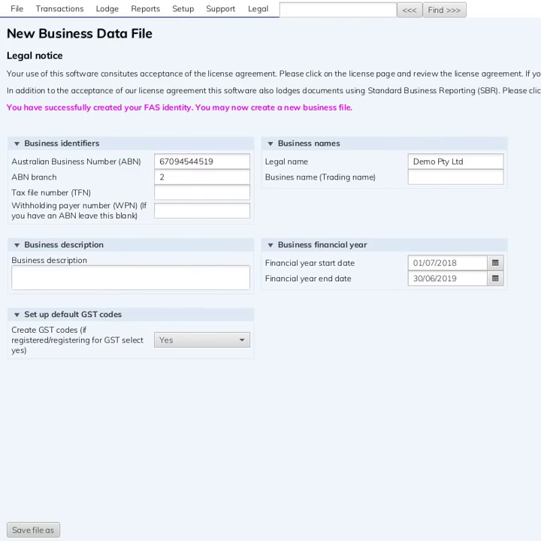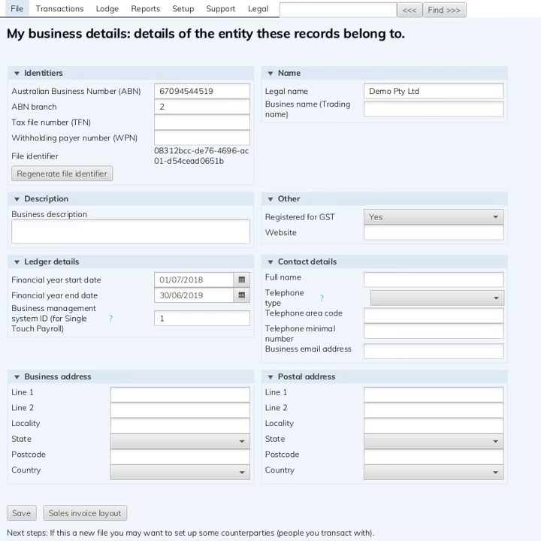The default name is mybusiness.fas, and I kind of think you'd save it somewhere like My Documents or something like that. You should remember to back up your file regularly so that if your computer dies you don't lose any data. And that also goes for your free accounting software identity file. When you start it up, the system actually gives you a tip to back it up and tells you what file to back up. Anyway,